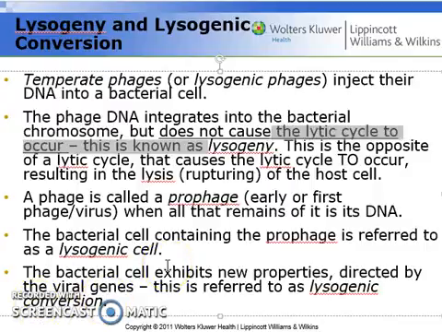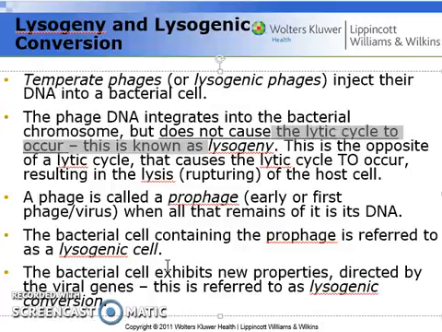So lysogeny means that once DNA is integrated into the bacterial chromosome from a bacterial phage, the cell survives. It's going to live and be able to replicate that DNA and pass it on to its offspring. There is a cycle that's referred to as the lytic cycle, where you will see essentially the rupturing of